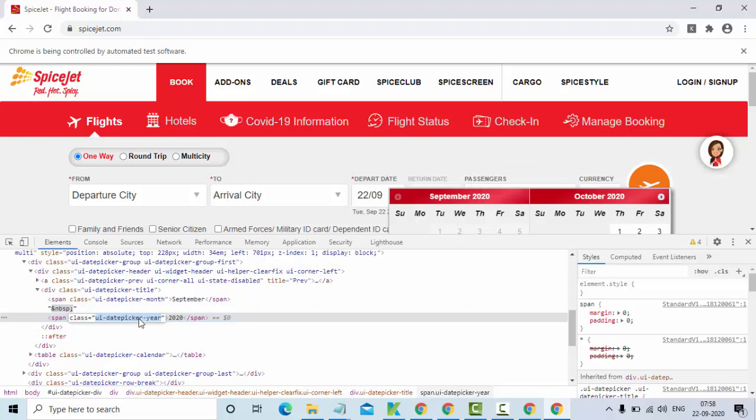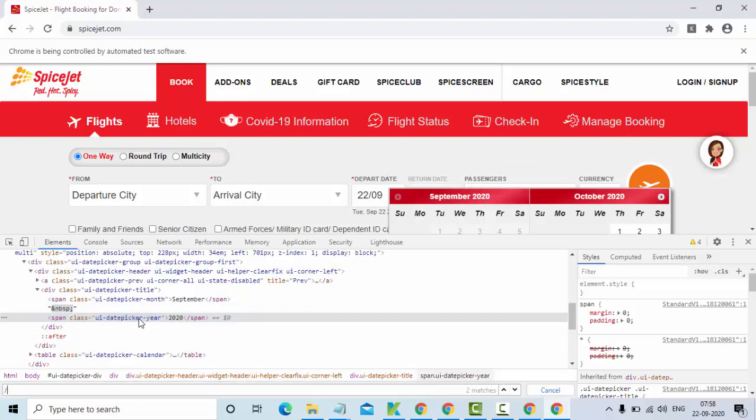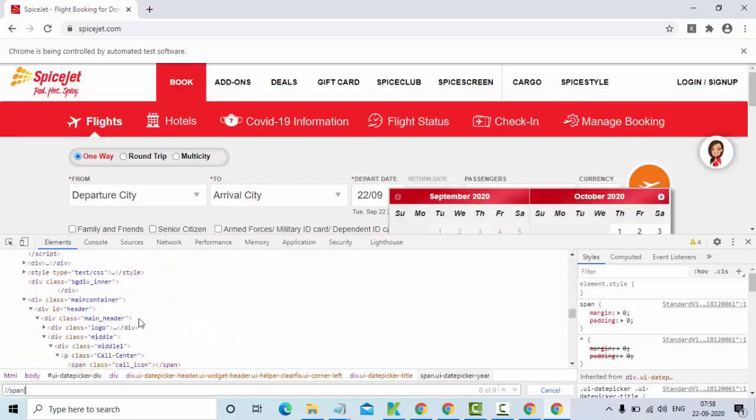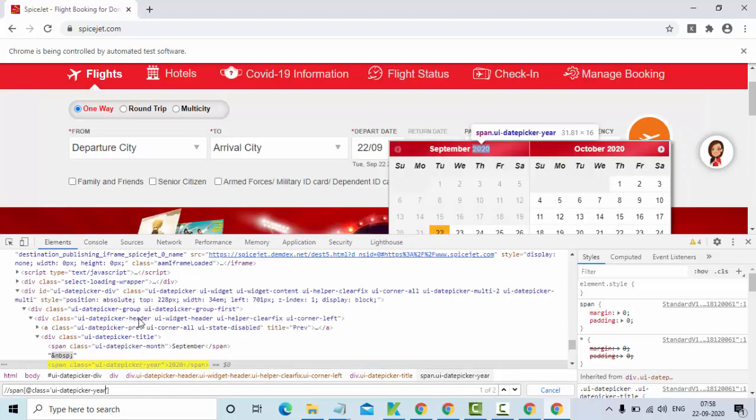Now you could see this is my XPath, so I'll use span at the rate class is equal to, I got it right. I have two objects, so what I'll do is I'll simply use something like this.